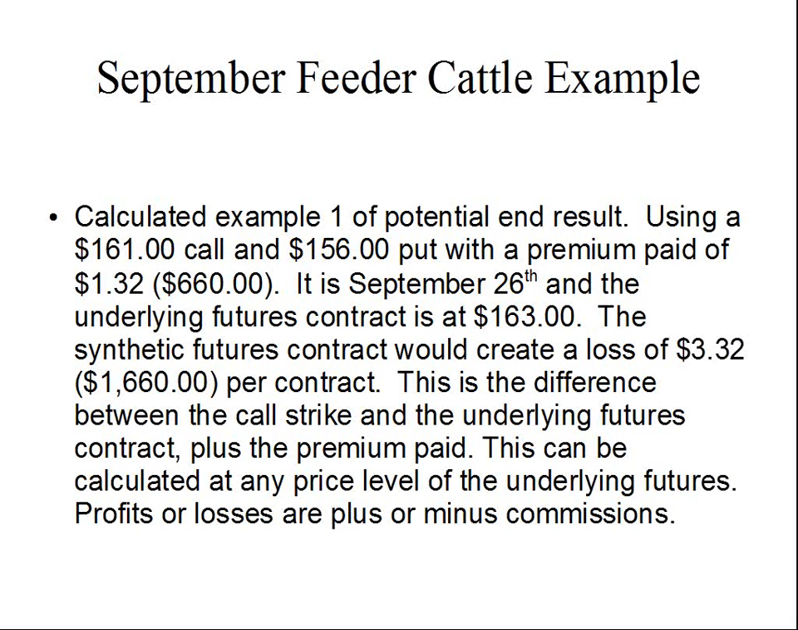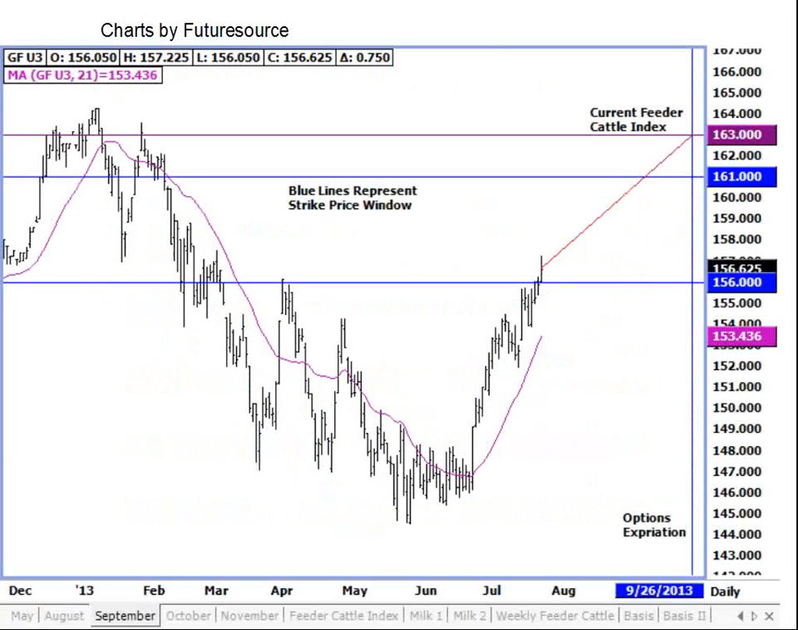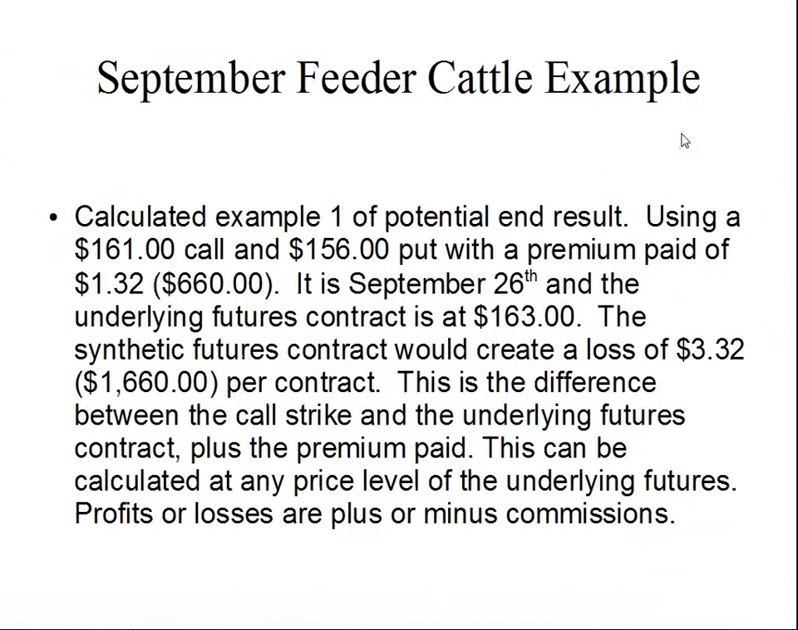So here's what our end result is going to be. Using the 161 call and 156 put with a premium paid of $1.32, that's $660 that you had to pay for that premium. It's September the 26th, and the underlying futures contract is at 163. The synthetic futures contract will create a loss of $3.32